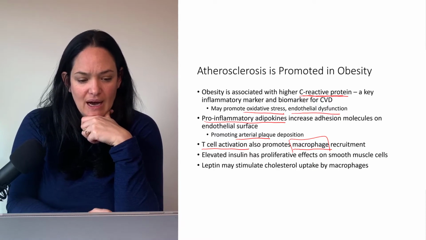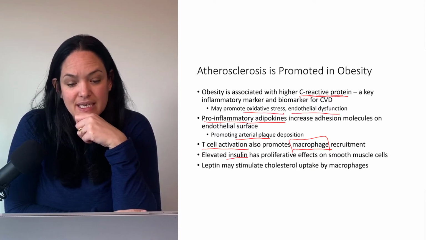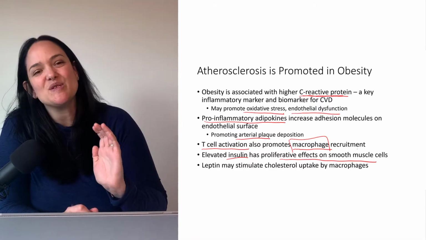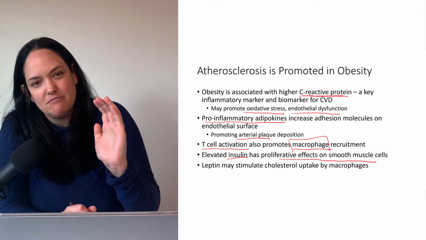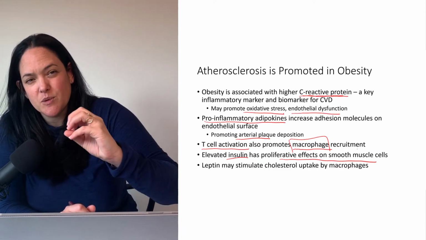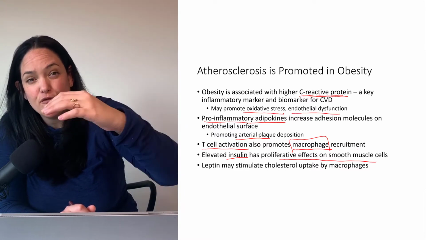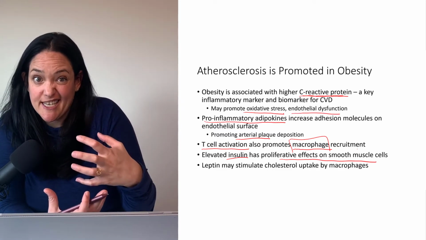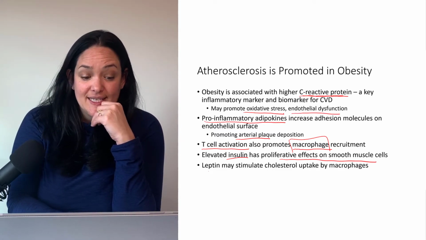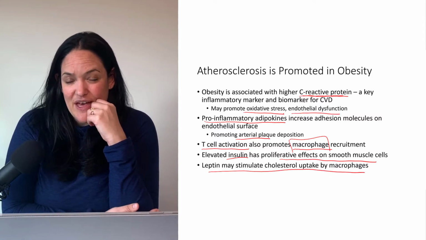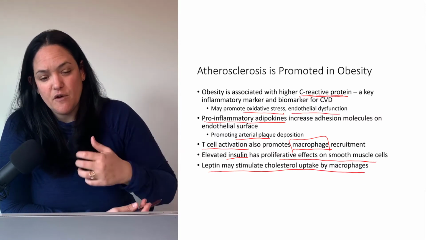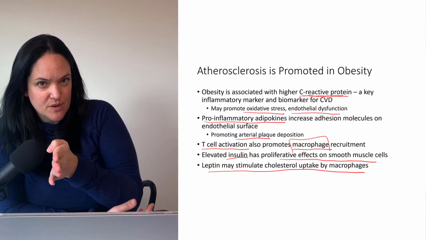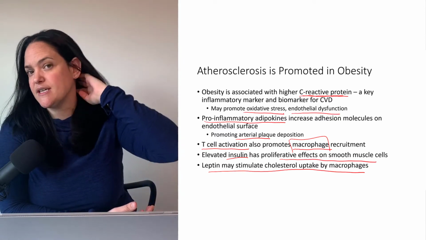Okay. Insulin levels, which we see are higher in obesity, might promote the proliferation of smooth muscle cells. And again, if you remember atherosclerosis, these smooth muscle cells can cover up the plaque at some point. Those smooth muscle cells move to the periphery of that fatty buildup, causing it to kind of get stuck in there. Okay. And leptin may stimulate the progression of macrophages into foam cells. And again, these are all just different parts of the atherosclerosis pathway whose chances are increased in obesity.